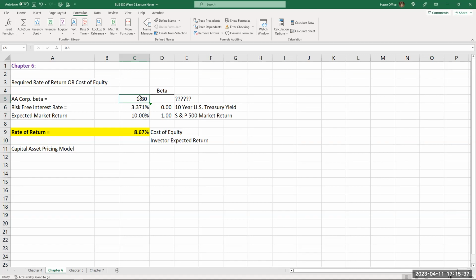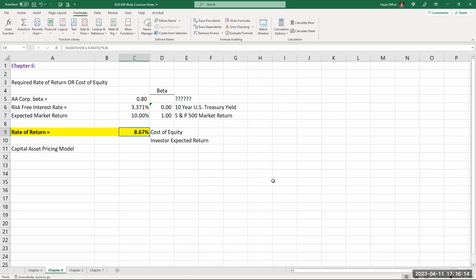Notice, because the beta is 0.8, which is under the market beta, the interest rate of return is lower. The market return, if you invest in a market with a beta of 1, you'll get 10%. But since this beta is a little bit better, meaning the company's a little bit more consistent in their returns, it's a little bit lower, cheaper. So again, this is the cost of equity that we discussed last week. Another way of taking a look at the present value or the current value of an expected return off the equity position of a company.